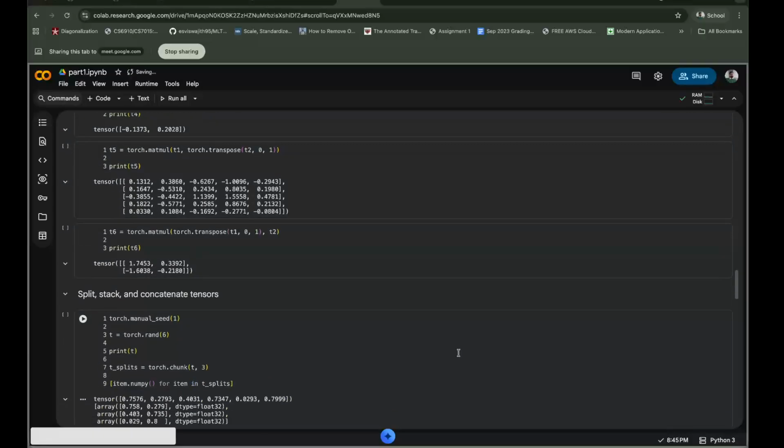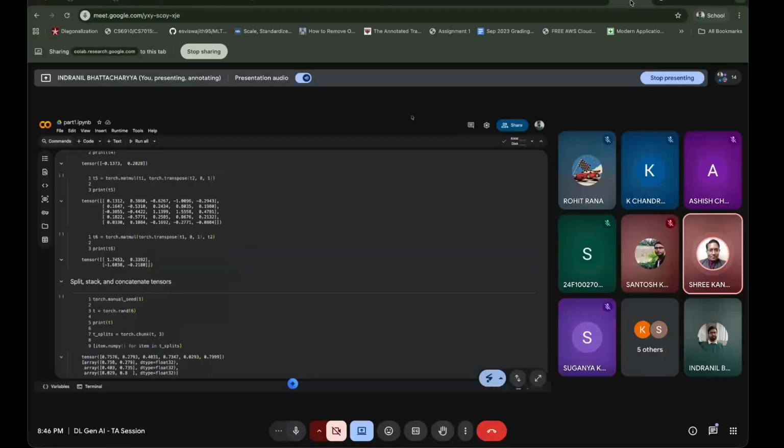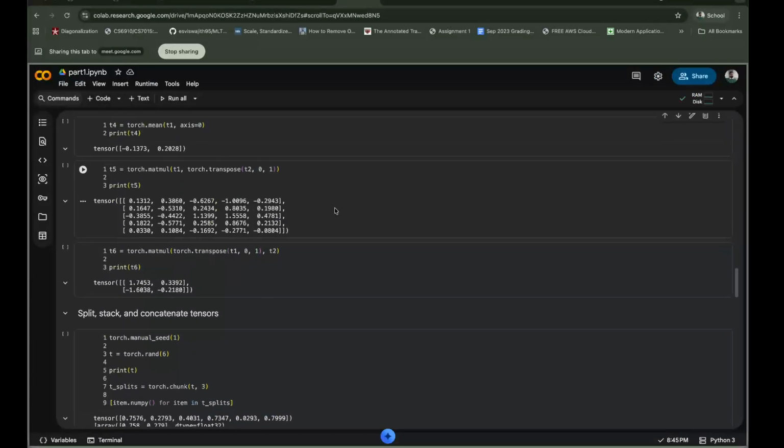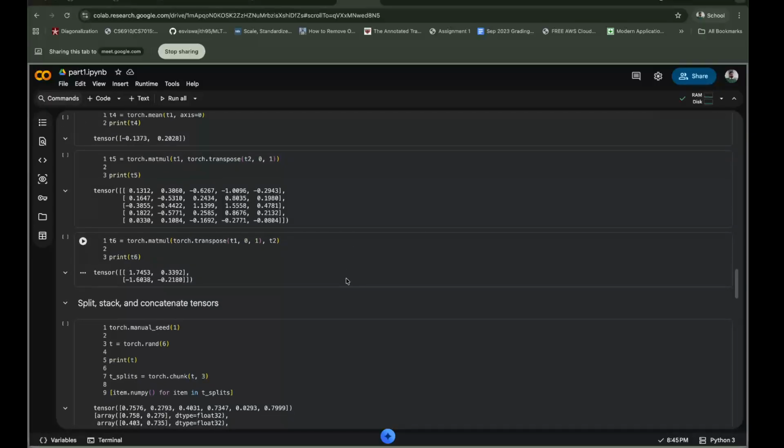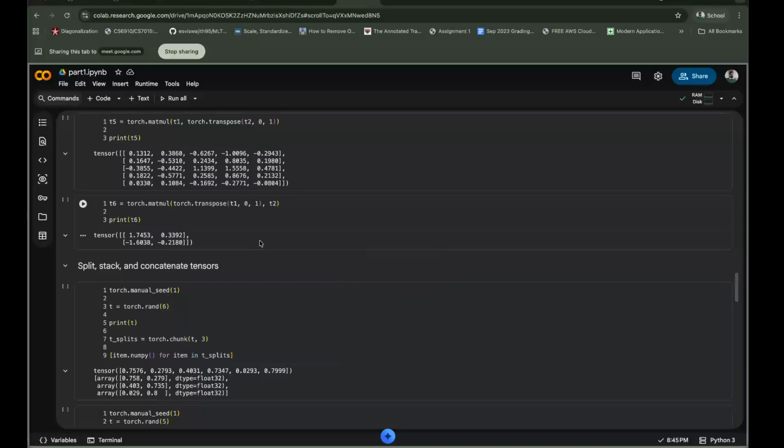One more question. Suppose T1, T2, and T3 are also there. What will multiplication do, point to point? All three will be multiplied? If T1, T2, T3 in the parameter we are putting are of the same size, then pointwise it will multiply all three. Yes. Okay, fine. Then that actually concludes the matrix multiplication